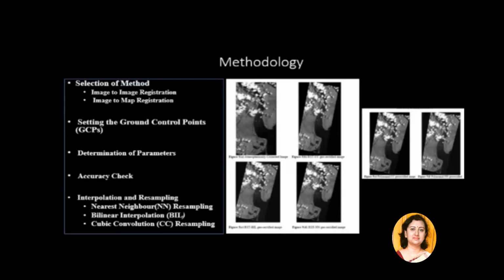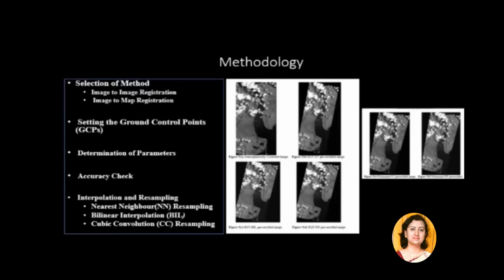But the image that I have downloaded is L1R data. That means it is totally uncorrected. So I can use a georeferenced Hyperion image to correct this raw image that I have downloaded,